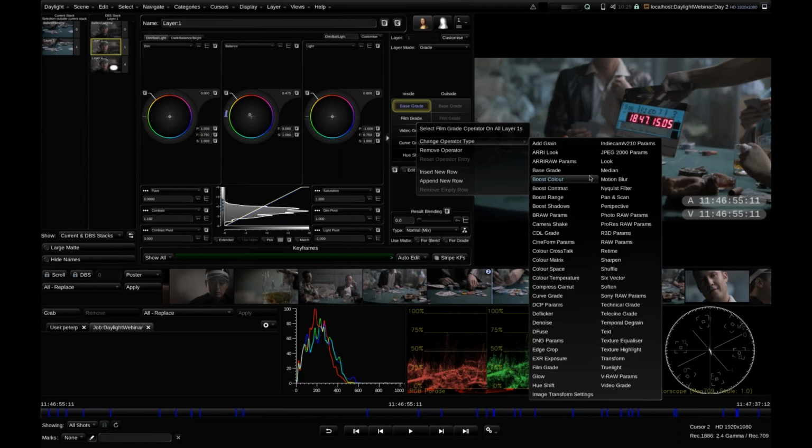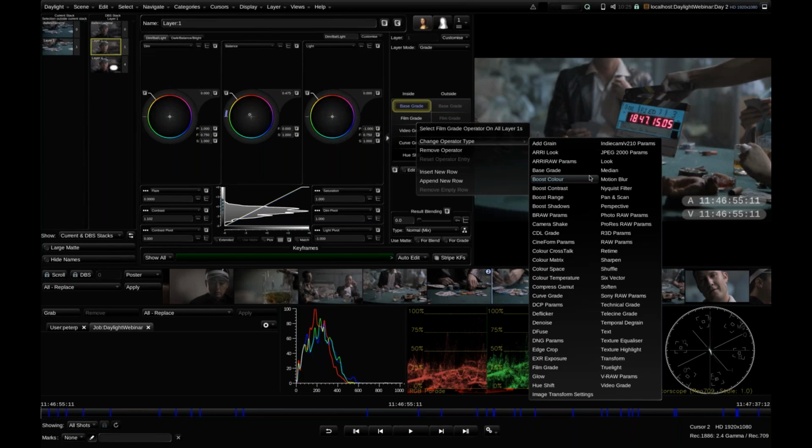sky replacement where you're pulling a sky from one shot and a foreground from another shot and combining them, or replacing a screen or a billboard or something like that. You can't do that on Daylight, but you can do any color operation that you would do, including if it's keyframed or tracked. You can import tracking information or retrack a shape in Daylight. All those tools are there, just like they are in Baselight if you are a show that wants to take